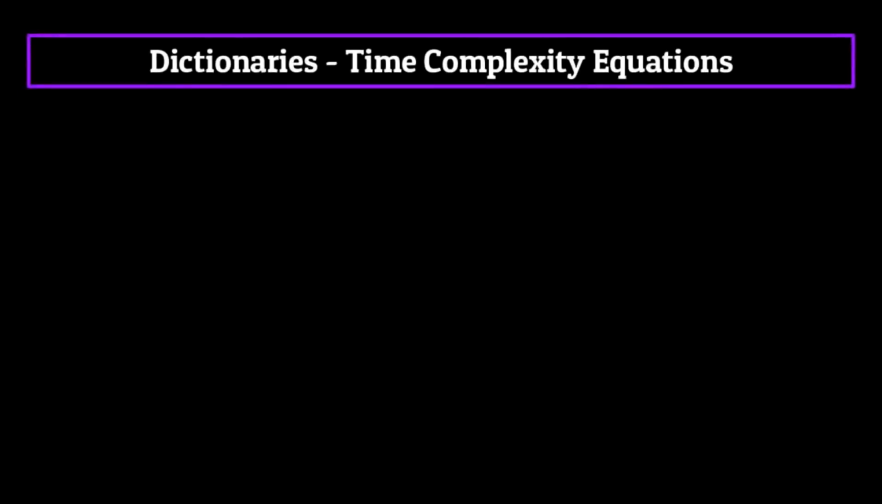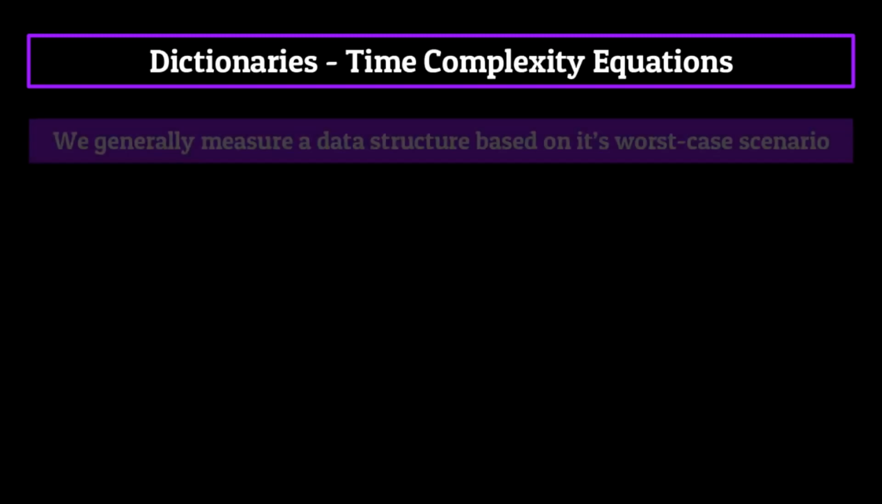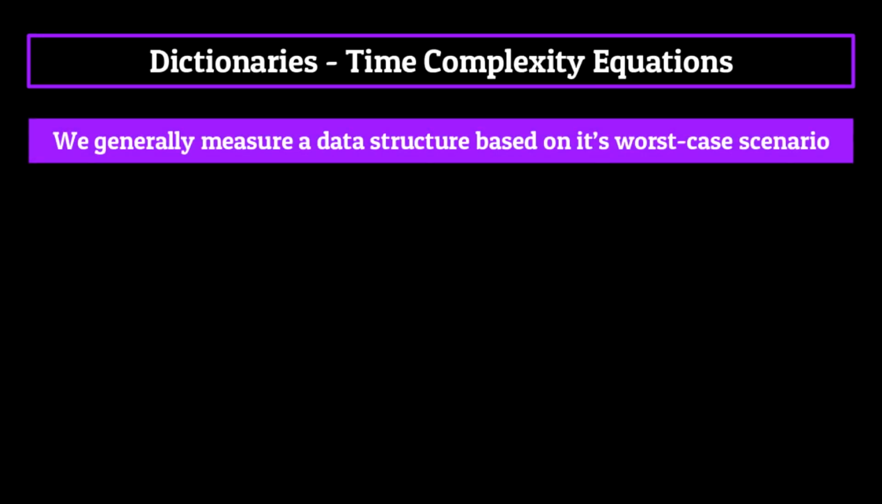And with that concludes our mini lesson on hash tables. Now we can get back into dictionaries and finally talk about their time complexity equations. Now remember back to the segment on time complexity really quickly. Back then, I mentioned that for these time complexity equations, we generally measure a data structure based on its worst case scenario. But when it comes to dictionaries, if we are to assume the worst case scenario, things get a